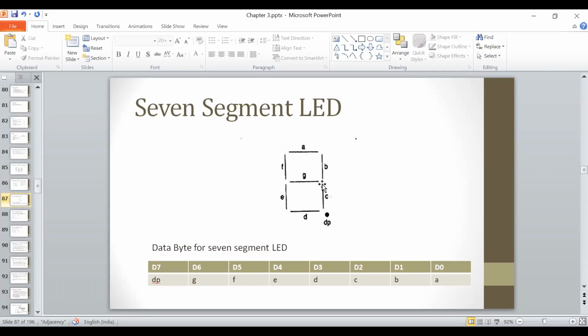With these 7 LEDs, every line will represent one LED here. तो यहाँ पे A B C D E F G तक जो आपको नजर आ रहा है ये एक एक LED को रिप्रेजेंट कर रहा है, ठीक है। और इसके साथ में you can see one more thing here, that is the DP, which is used to represent the decimal point. So it is basically a 1 byte combination. तो 1 byte का डेटा आप इसमें सेंड करोगे तो अब आपके एलईडी पर एक पर्टिकुलर इंफॉर्मेशन डिस्प्ले होगी, ठीक है।